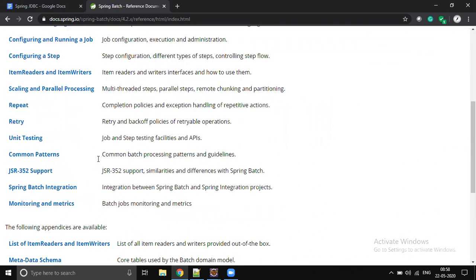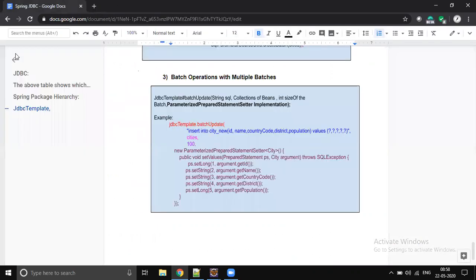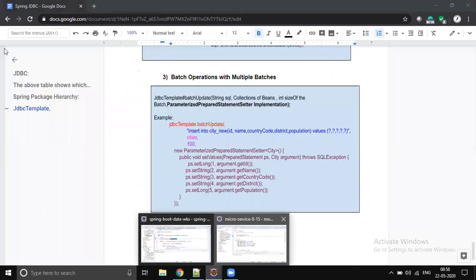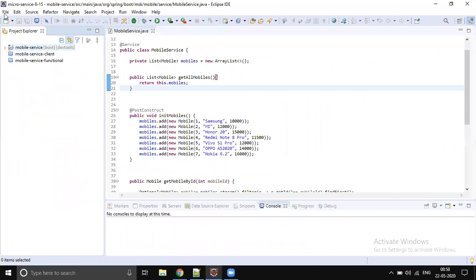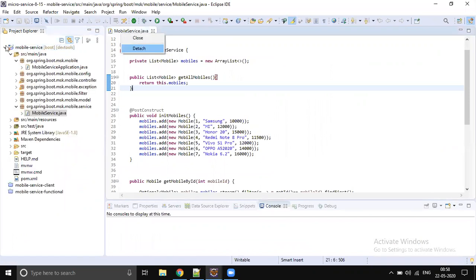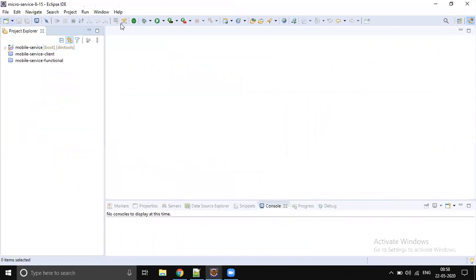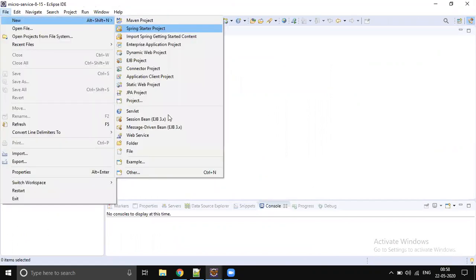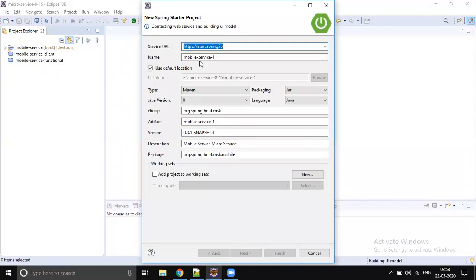So let's come back. Okay, let's create one more project. You can do it parallelly with me if you would like to, or else you can do it later. That is also fine. Spring Starter Project. Let's give the project name as country-service.